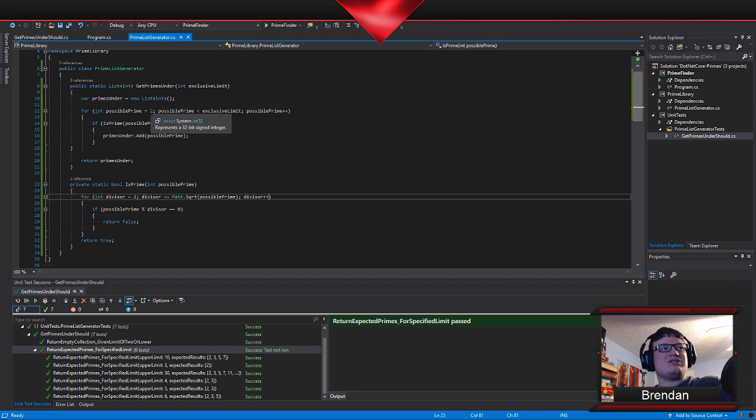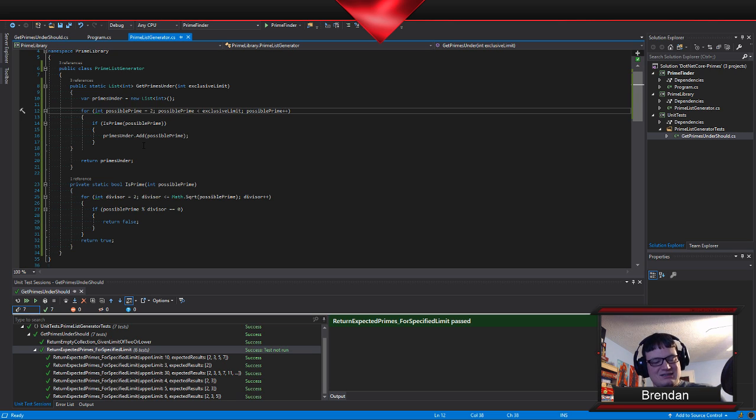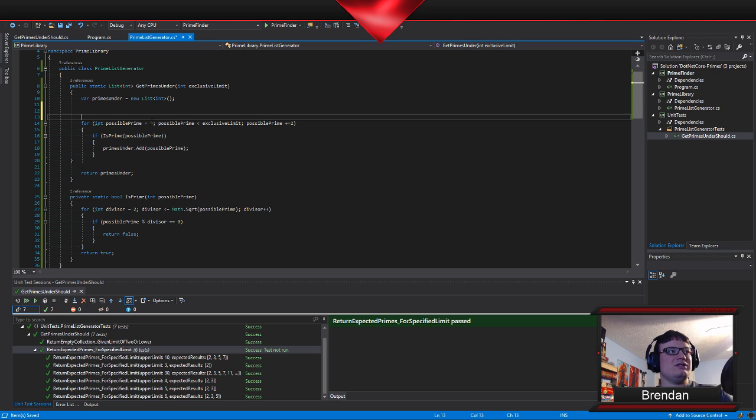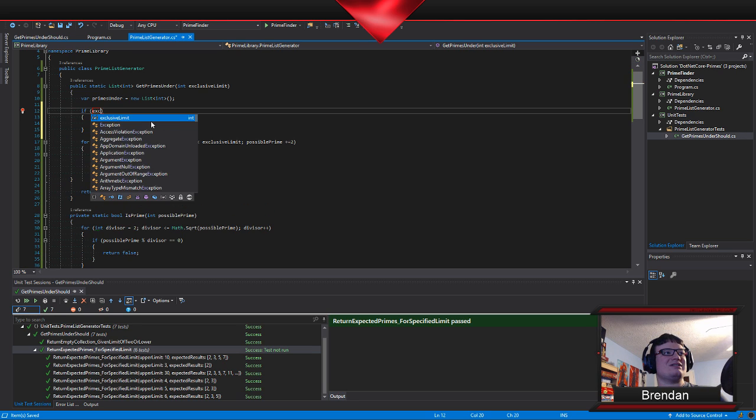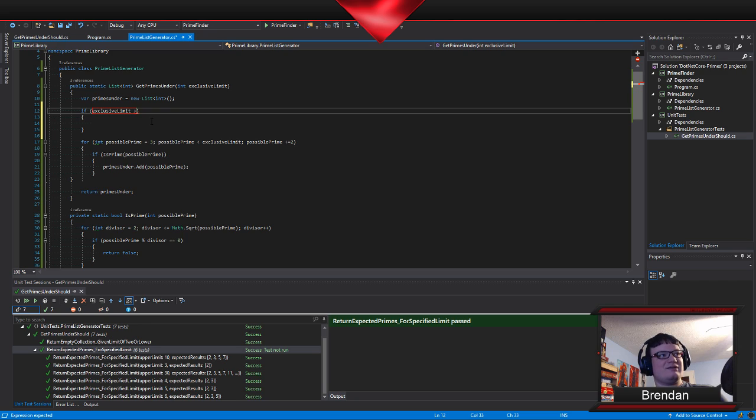Some people like to go this route, which is they'll add in 2, and then they'll make this loop only get the odd numbers, so they'll do a plus equals 2 instead of that, and they'll start this at 3, and then they'll say possible prime plus equals 2, and they'll do something like, if exclusive limit is greater than 2, then prime under, and they'll add 2 or something like that, right?